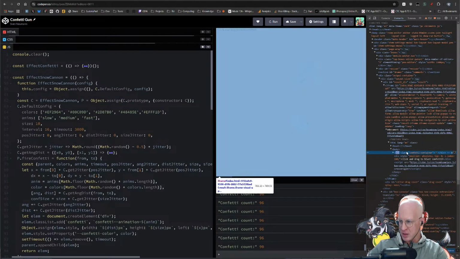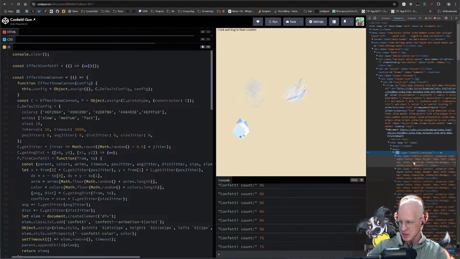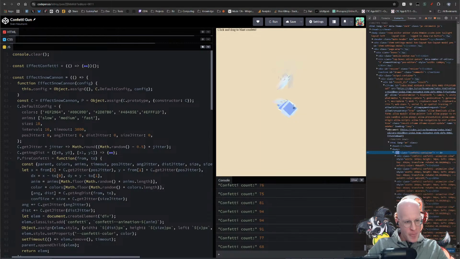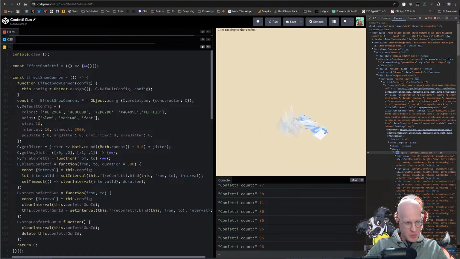If I go here: confetti container, animation slow, confetti container, confetti animation slow. So we want to do an additional class. So this thing, when it instantiates itself, class confetti, fire confetti